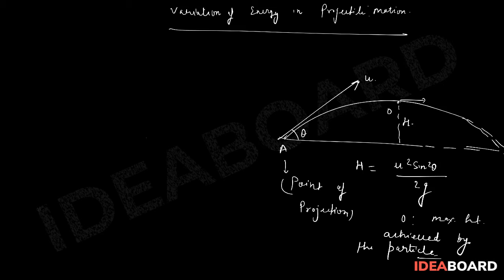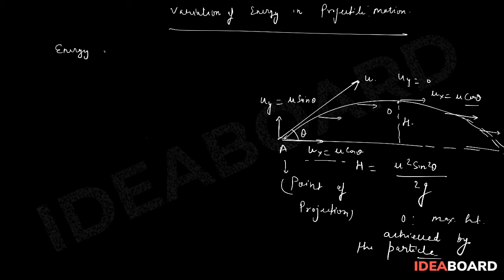At point O, we know that horizontal velocity is initially ux, which is u cos theta, and uy is u sine theta, two components of the velocity. We know that in projectile motion, horizontal direction velocity will be the same because there is no acceleration. That means at the topmost point ux will be u cos theta, the same, but uy will be 0 instantaneously, because if uy were still present, then the particle would have gone further up, which is not possible because this is the maximum height we are saying. So